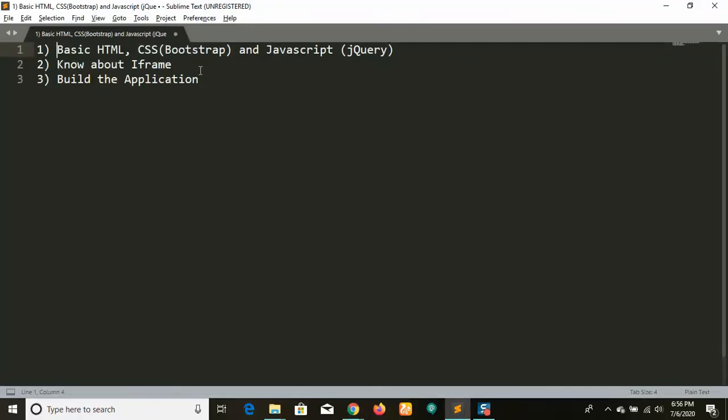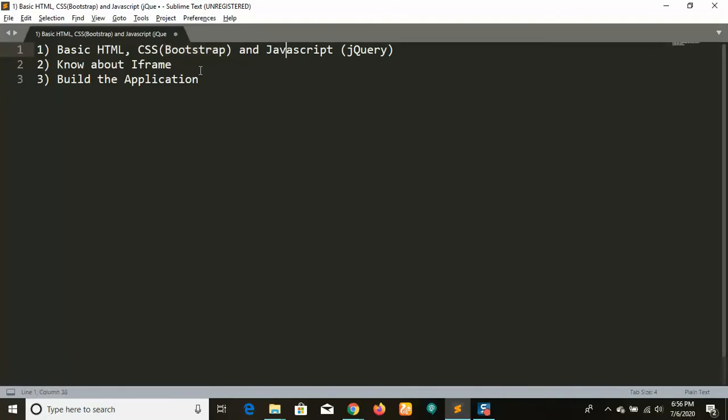First of all, you need to know about these things: basic HTML tags and CSS, how class IDs and selectors are used, and simple external CSS. We have three ways to import CSS: inline, internal, and external. You should know how external CSS can be imported into our application. Here I'm using Bootstrap. You don't need to be an expert in Bootstrap, but you need to know how to import it.